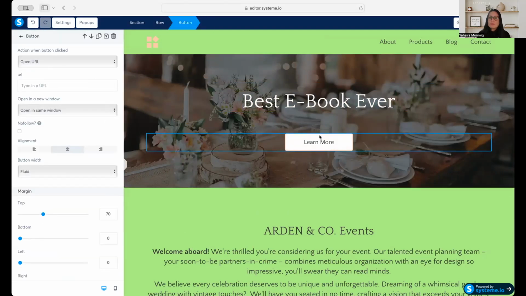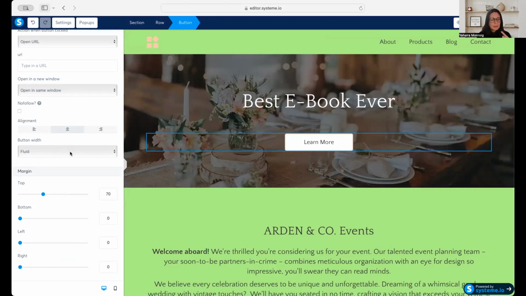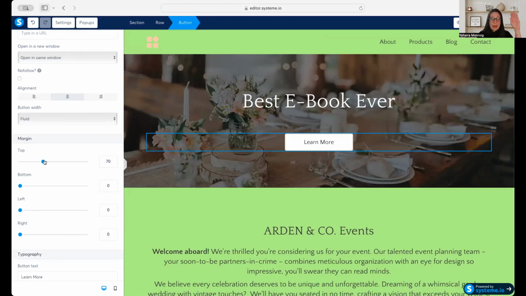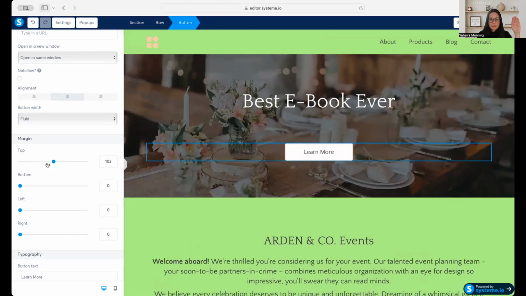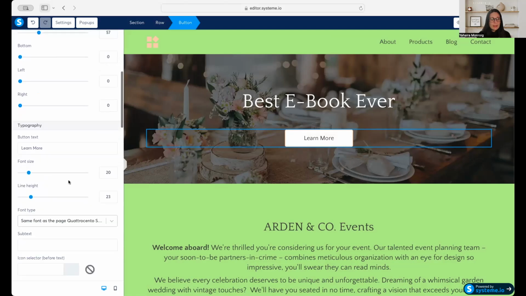For the button, so you have a button. Let's say you want the button on the left, on the right, or in the middle. You can do much more with the button, and we're going to do it in the next example. Same thing, margins outside. You see how it just moves. You want to edit how the button looks like, then